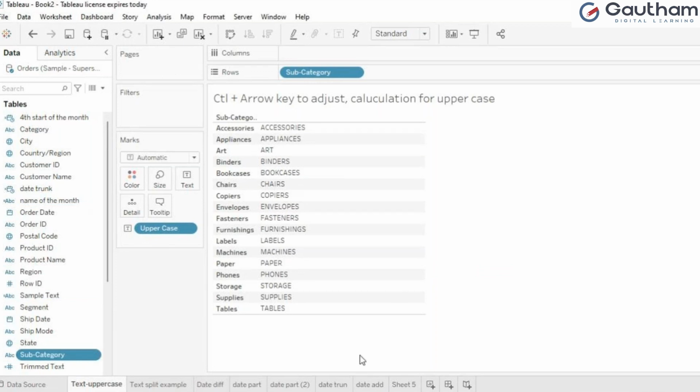So these are the three places where you will find the Create Calculated Field option. Okay, hope you understand. So here, what I'm talking about is, see, so many calculations will be there.